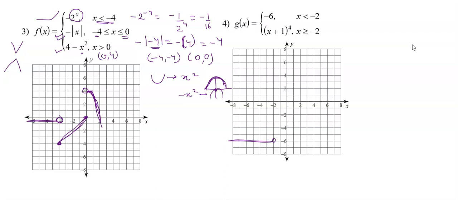Okay. When x is greater than or equal to minus 2, we'll check the respective y value. So minus 2 plus 1, whole to the power 4, y value is minus 1 to the power 4, which is 1. Basically the point is negative 2 comma 1. So when x is negative 2, y value is 1. So let me mark that point. X is negative 2, y value is 1, and it will be a dark circle because x is equal to negative 2. Okay.